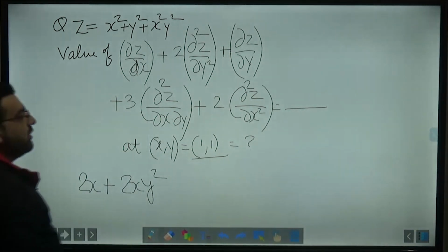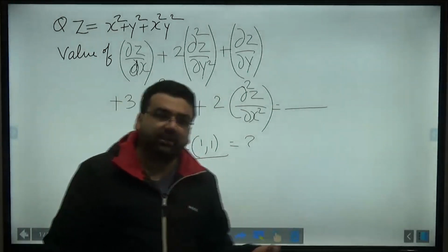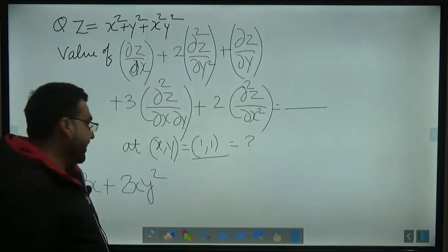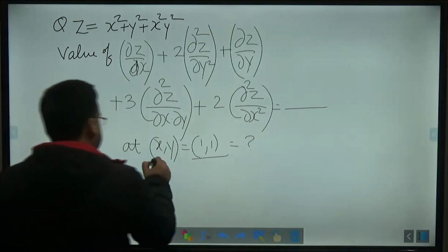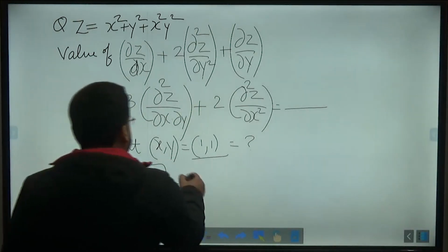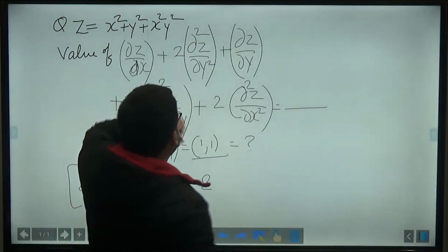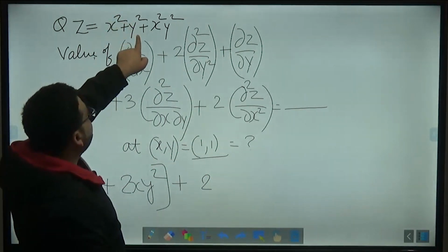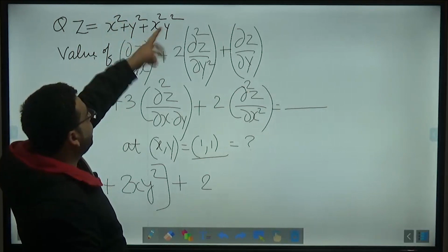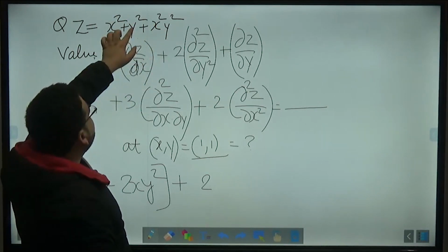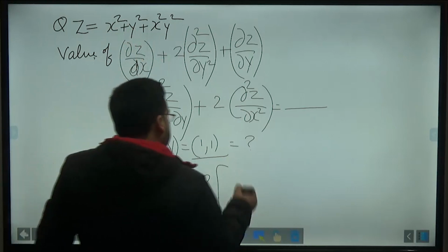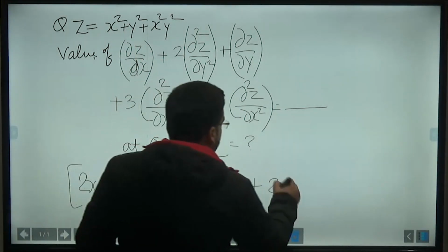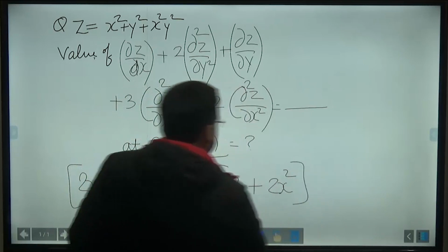Because whenever you are doing the partial derivative, we say that one of the variables is constant, we consider one as constant and the other one is varying, right? This is my dou z by dou x, plus 2 times of dou square z by dou y square. If you do the partial derivative, 2 times of y plus 2 times of y square. Again derivative, it will be just 2 here, and plus it will be x square and 2x square here.